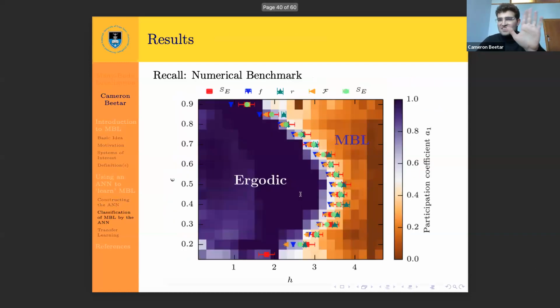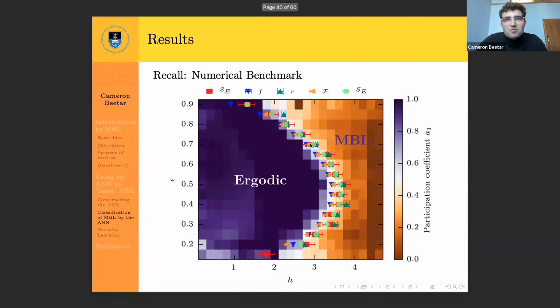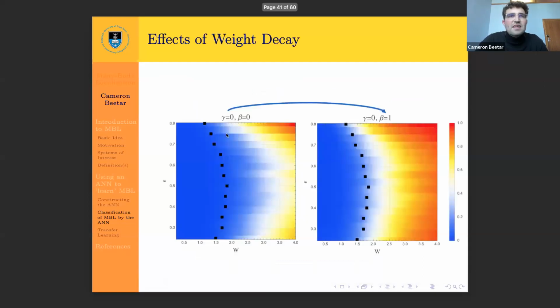Okay, but first let's have a look at how the confidence penalty and weight decay actually contribute to the accuracy of the network. So this is the key image that we want to reproduce. First, weight decay. This is the beta hyperparameter. The black squares here represent the Lloyd et al. data, which I think are sampled from the entanglement entropy, so the green dots in this image. You can see without weight decay, the disorder region for the transition is far too great for what we would actually like. And when we add that weight decay, it pushes that transition region back to lower disorders.